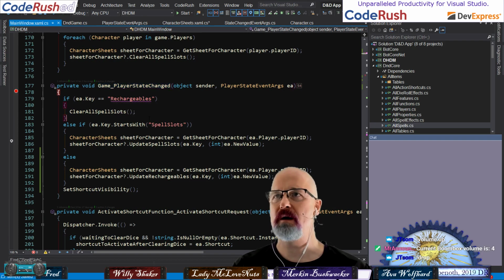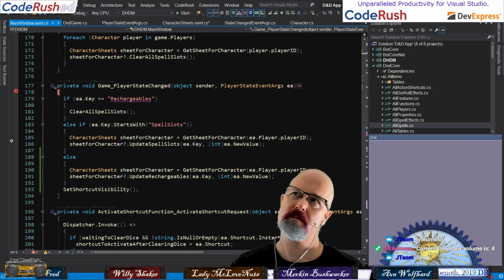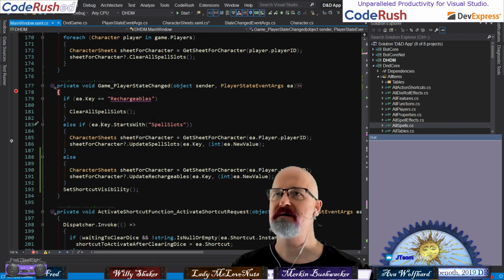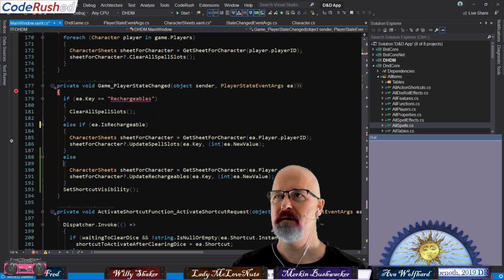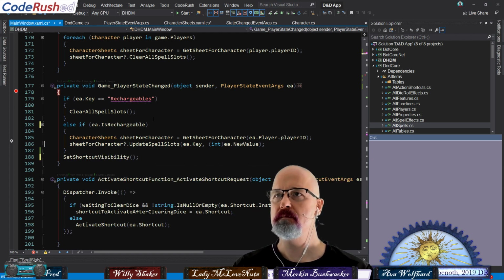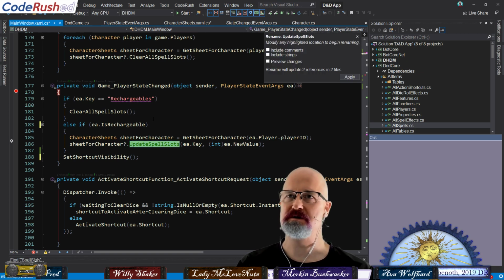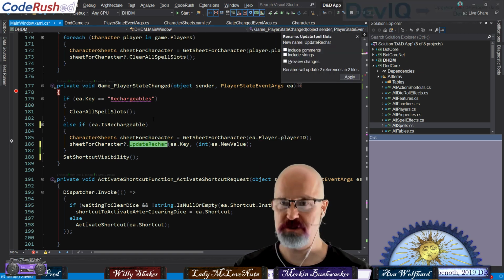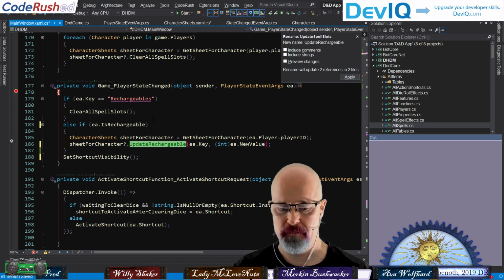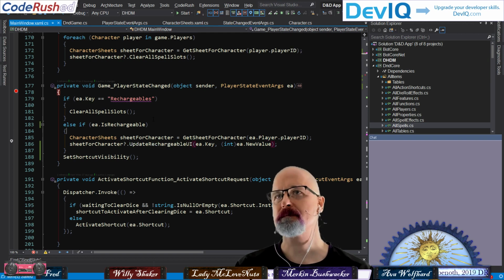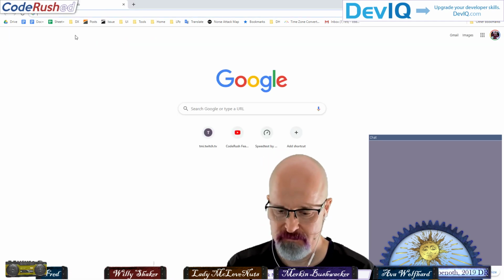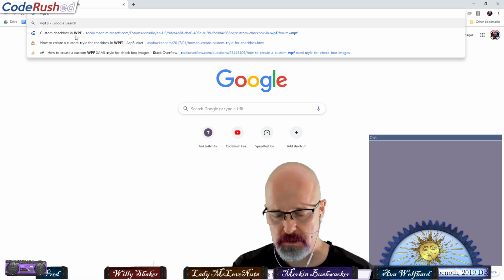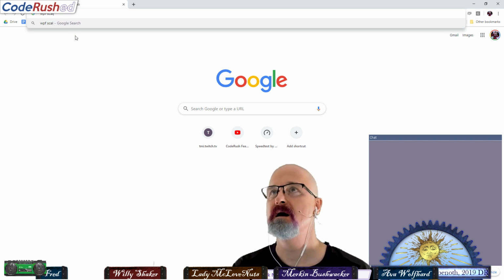And so now what I want to do is I want to say, hey, if EA dot is rechargeable, then I want to do that. And now I want to rename this to update rechargeable UI, like that. Then the other thing I want to do is quickly come out here, WPF scaling container.